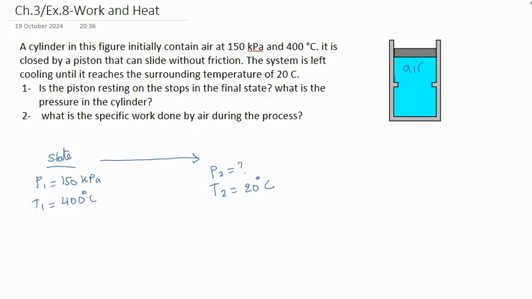Now we need to find out whether this piston is resting here or not. How are we going to tell if this is resting or not? It's important just to review some basics in order to understand the pressure relation with the volume in a piston-cylinder arrangement. Previously we have discussed that if we have a cylinder piston, it doesn't matter what medium we have, whether it's an ideal gas or vapor, there is a minimum pressure required in order for the piston to be balanced. And you can do a simple free body diagram for any piston showing the atmospheric pressure relation and